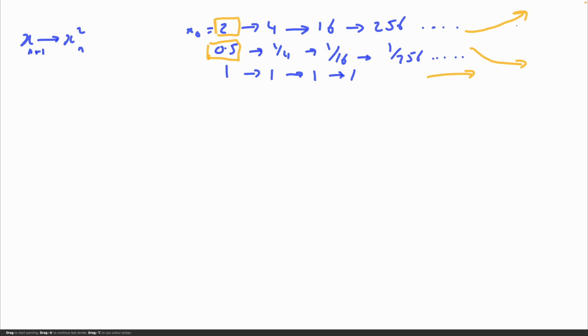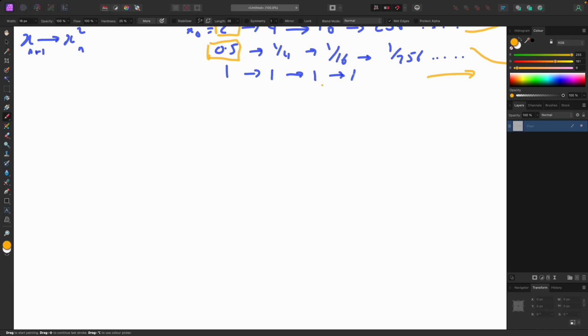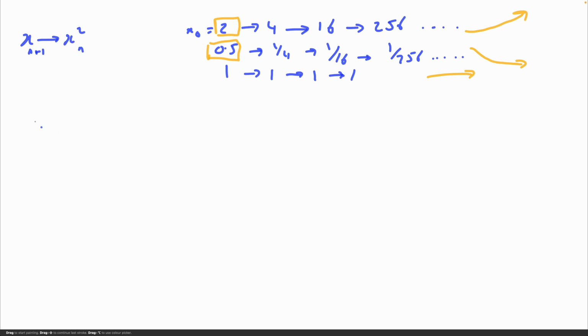You can think of other functions that you can try. You can try simple ones like x maps to minus x, so that will just flip-flop. So 2 will become minus 2, becomes plus 2, minus 2, and so on. So that's not that interesting. What's much more interesting, and this is the surprise as it were with the Mandelbrot and Julia fractals, is that if we use complex numbers instead of normal real numbers,